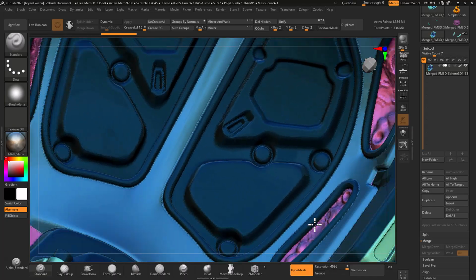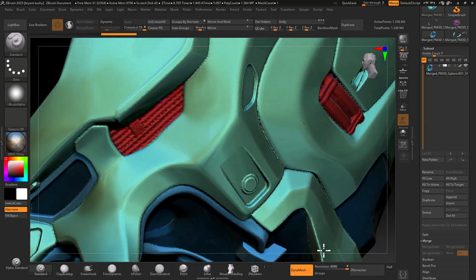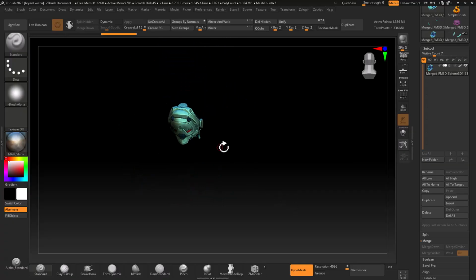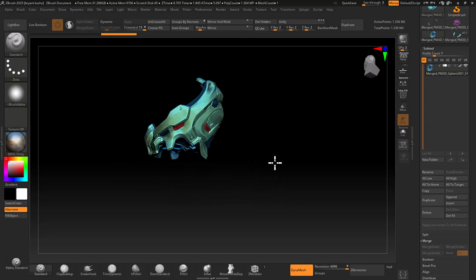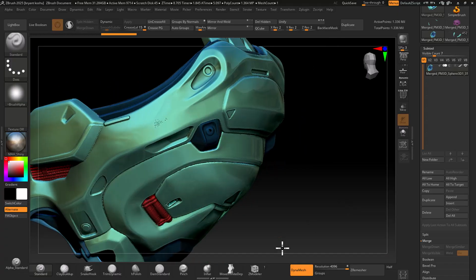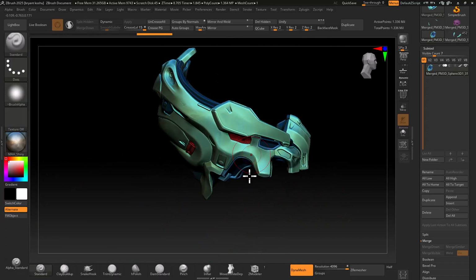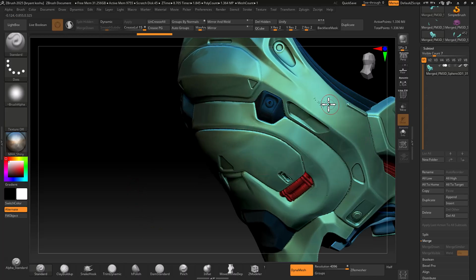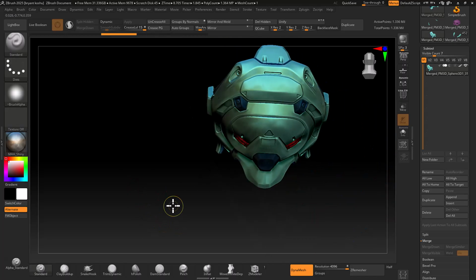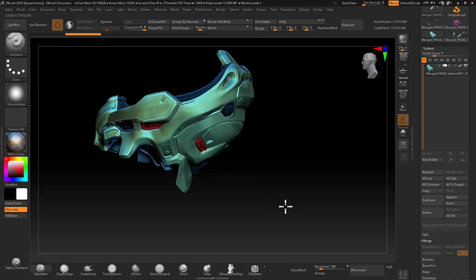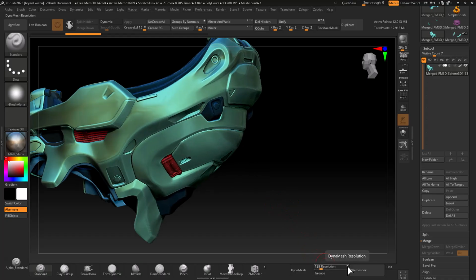I feel like I could go even further. I mean, from far, this is pretty good, honestly. But yeah, you could kind of see these little areas, right? These little errors could potentially be a problem. Unwanted information. So let's bring up the resolution by closing that hole and try